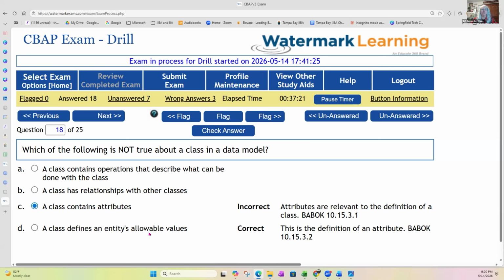D is it. This is a method definition of an attribute, which is kind of messed up because it contains attributes. Yeah, it's confusing. If you know object-oriented programming,